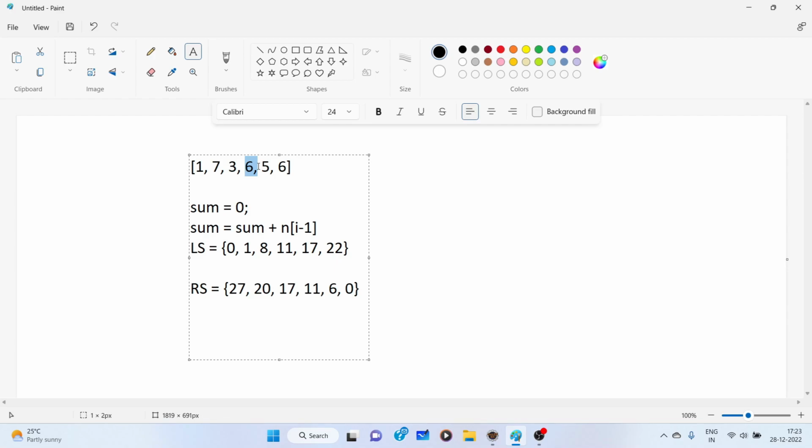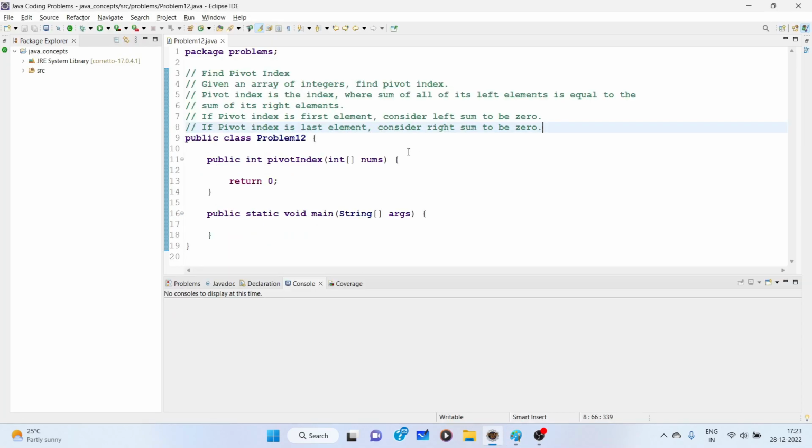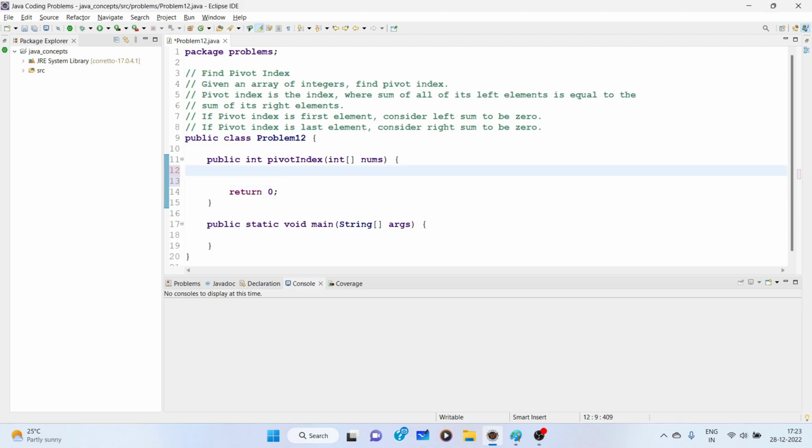So for any example you can try this logic. So we will write the code for this. It's a very simple logic, but a tricky one to derive. So let's write. So first we take left sum,